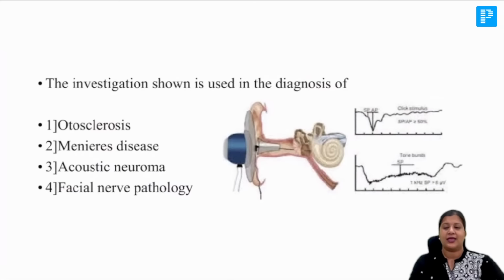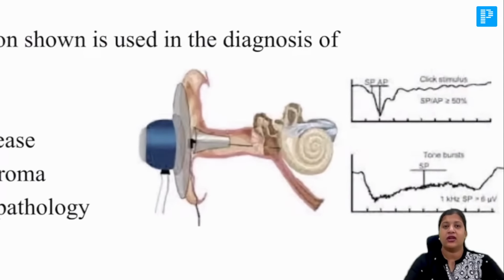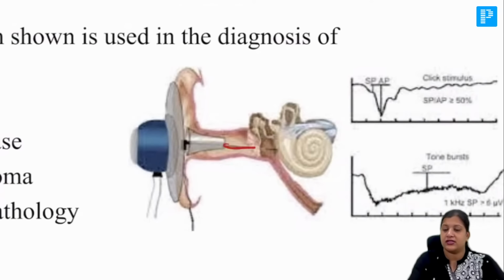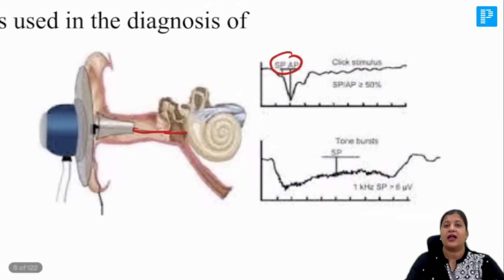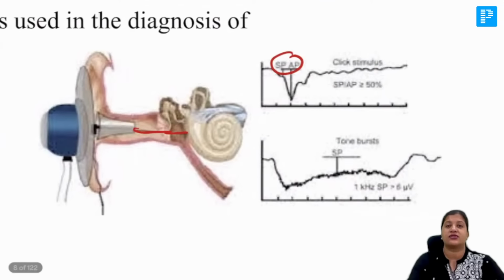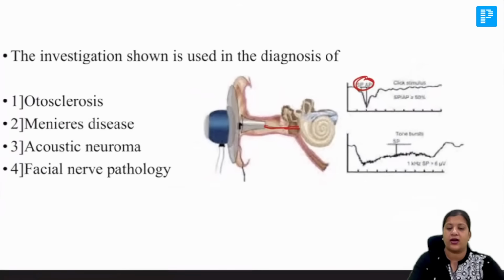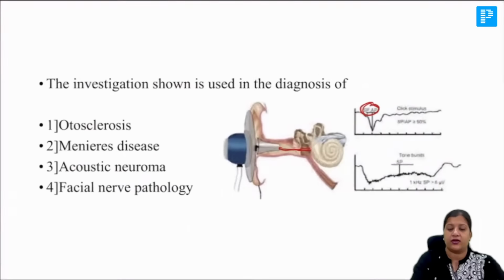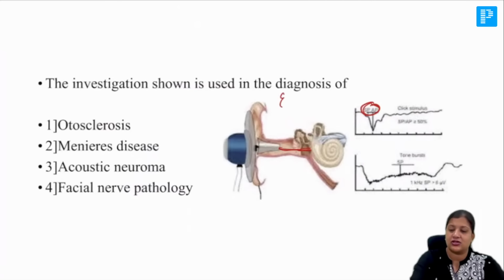Okay. Yes, so here we are seeing that through the tympanic membrane, an electrode is placed over the promontory, which is the basal turn of cochlea. And this is recording the electrical activity that is happening on giving an acoustic stimulus. So whenever you see transtympanically an electrode is kept and that is recording the electrical activity, the investigation is called electrocochleography. So what is it called as? This is your